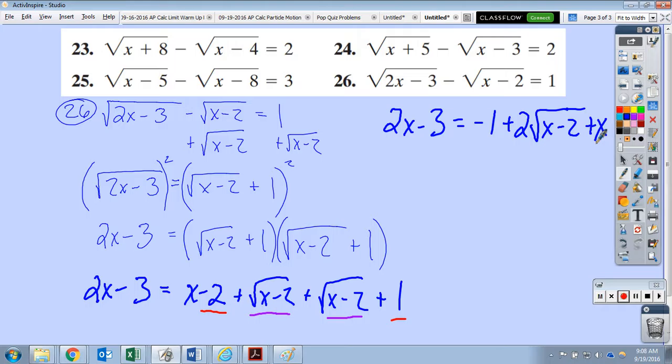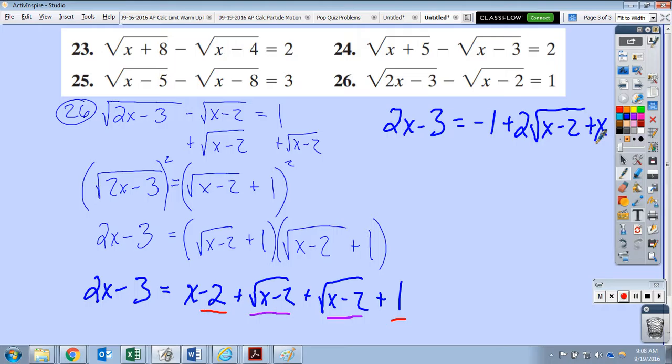The -1 is what we get when we have -2 plus 1. The 2, there's 2 of these. And then the x is still there. The x didn't combine with anything, so it's still there. Yeah, you can put it anywhere. Order doesn't matter for addition, guys, right? Commutative property of addition, order doesn't matter. So then now from here,